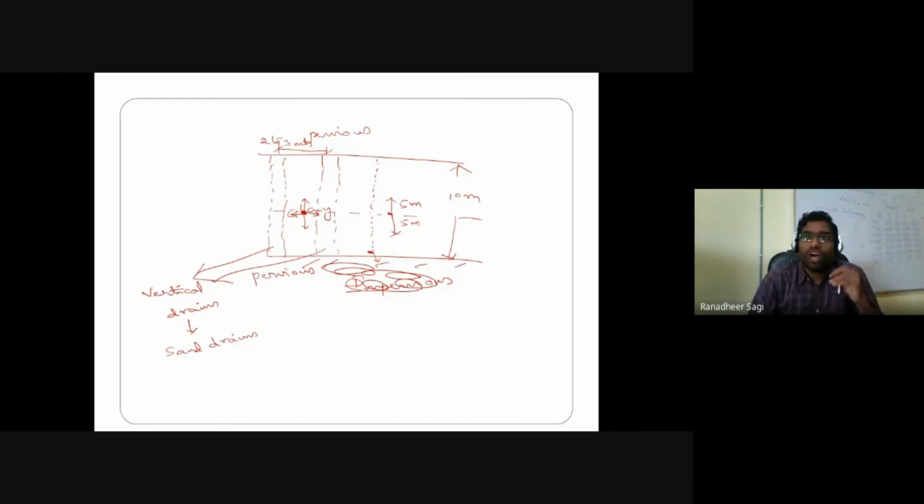Okay, so for fastening the process of consolidation, it's not just that you keep on applying some external loadings so that your consolidation process is going to be faster. Along with applying more and more intensity of loads, you can also introduce additional drainage paths or drainage conditions in the ground, so that you can further fasten the process of consolidation in that particular soil.